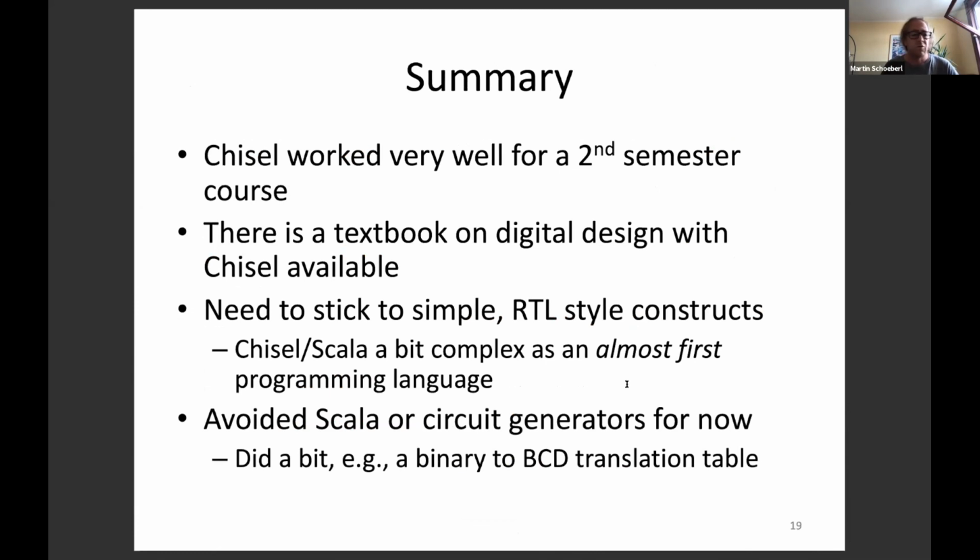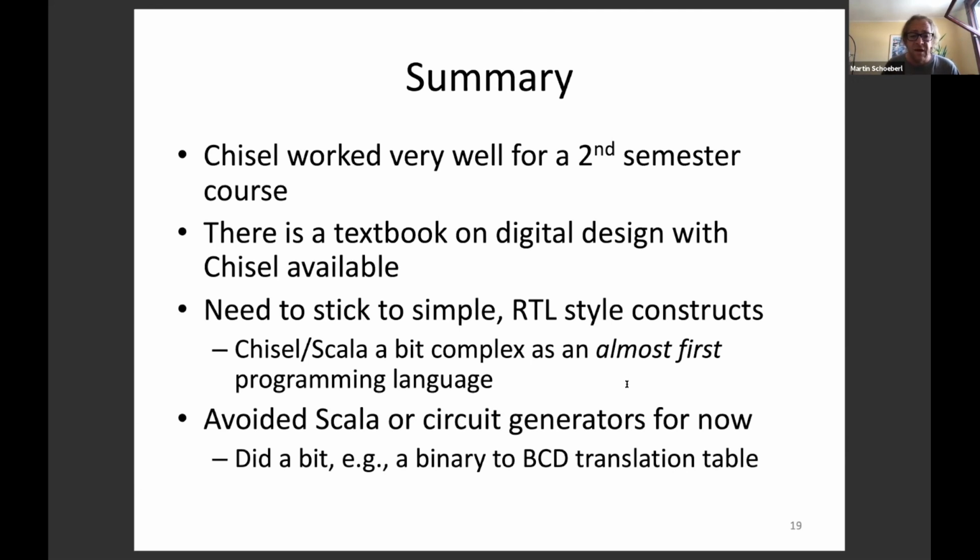Students learn to program software and hardware in parallel, learning how to describe algorithms for sequential execution in Java and for parallel execution in Chisel running on FPGA. We have this textbook for sure, that's good. We're also using a standard digital design textbook from the first semester on, so I don't need to cover all these low-level details. I can focus a little bit more on how to describe digital electronics in Chisel, but it's not a Chisel course. Some students mistook it a little bit and thought it was a Chisel course, but no.